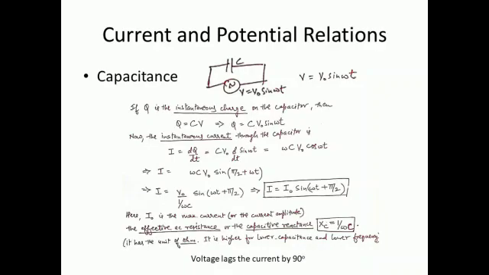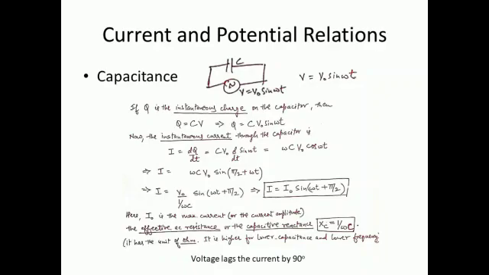And if we solve it further, we obtain the expression that I is equal to I naught sin omega t plus pi by 2. Now here I naught is the maximum current or the current amplitude, and the effective AC resistance that is offered by the capacitor to the flow of current, or the capacitive reactance, is simply Xc equal to 1 by omega C.